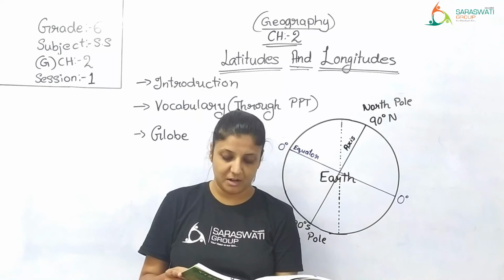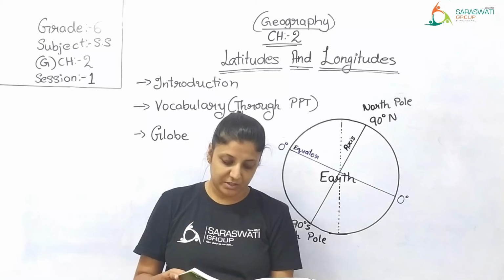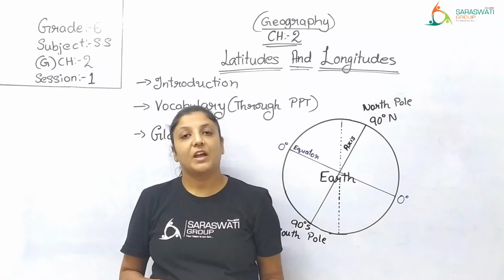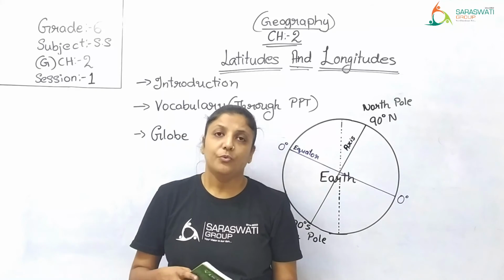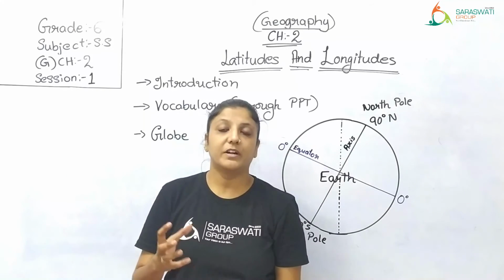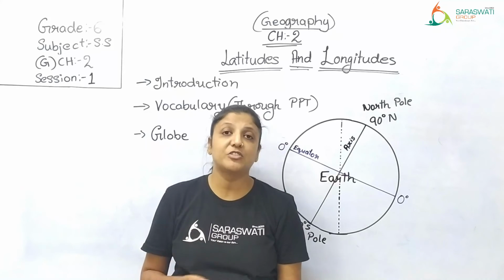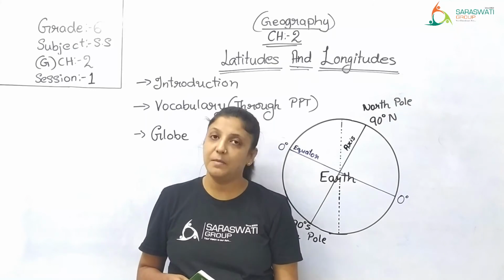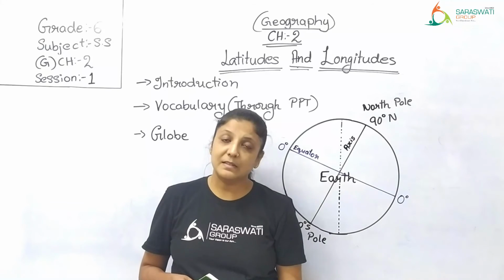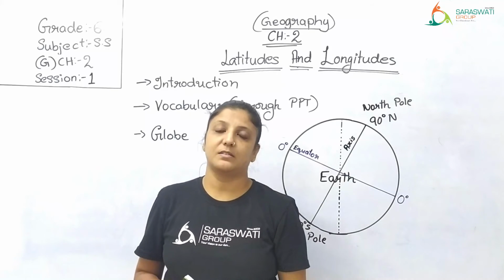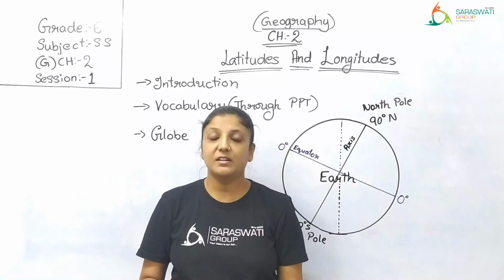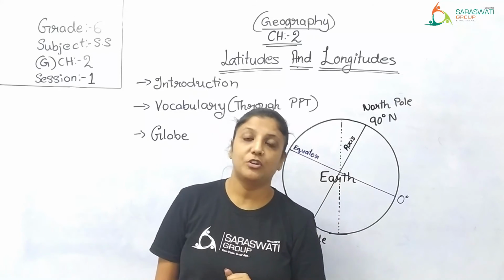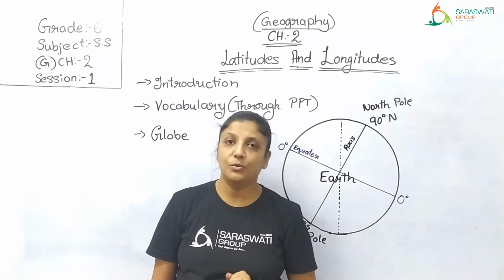We need to have certain points or lines which can be used to refer to or locate a place on the earth. And that is why we have already used some imaginary lines so that it will be easier for us to locate any place on the globe. These lines have their fixed degrees. So if I say 90 degree north and 0 degree longitude and latitudes, then what will you understand?